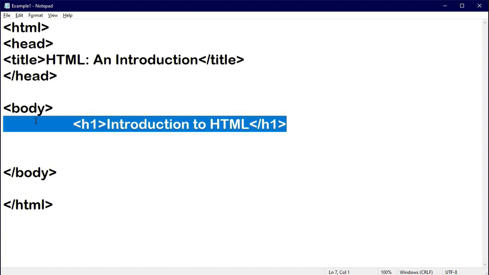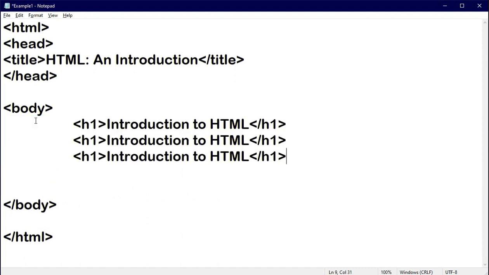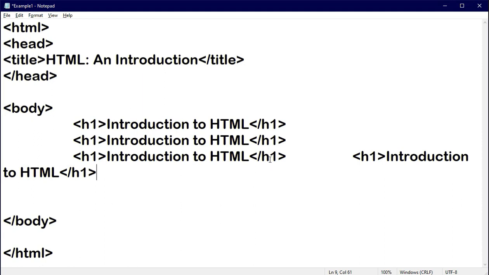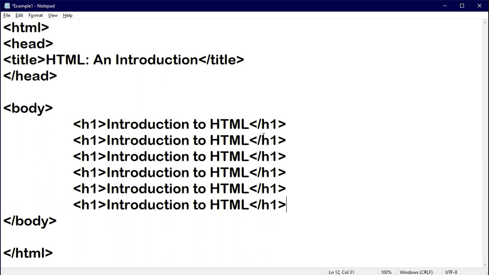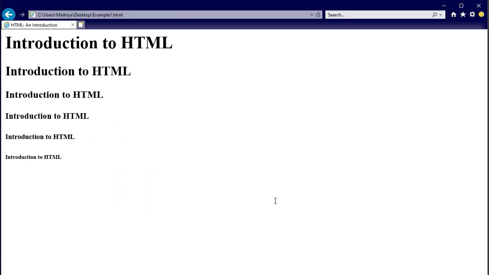So from here I am copying my whole line and pasting it multiple times, a maximum of 6 times, as we require to see the output of 6 heading styles. And simply replace the value by changing the numeric value. After replacing the value, you will see the difference, which heading style appears on the screen at which font size. So save your file and press the F5 key.